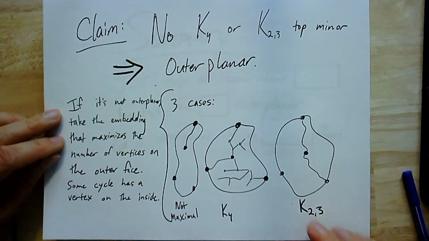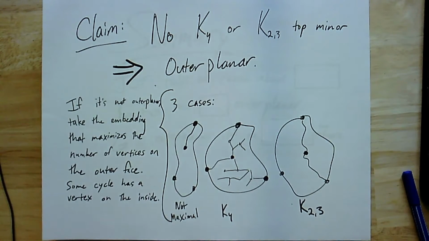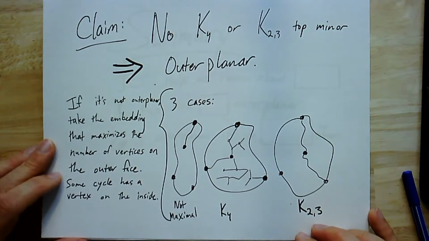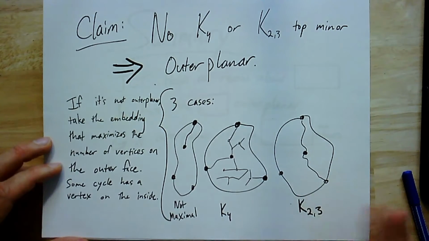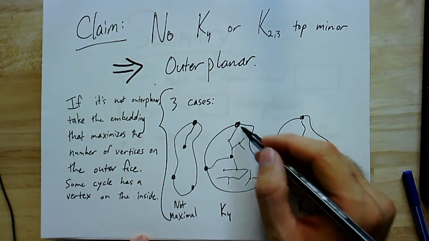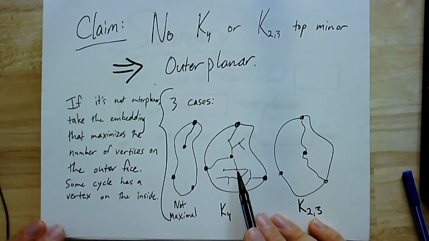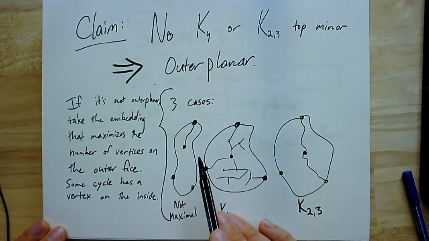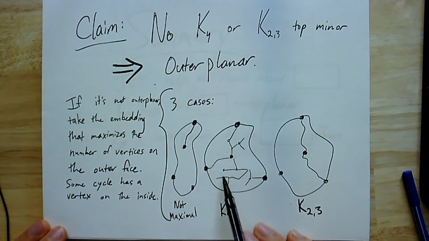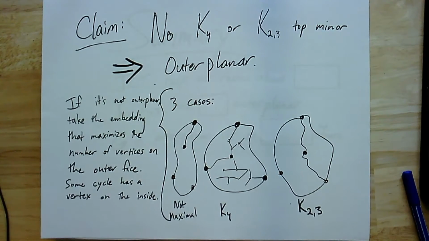then you take the embedding that maximizes the number of vertices on the outer face. Okay, so you want as many vertices as possible on the outer face. And then, since it's not going to have all of the vertices on the outer face, we know that there has to be some cycle that contains some vertices. So if you look at the vertices and the part of the graph that landed inside some cycle,